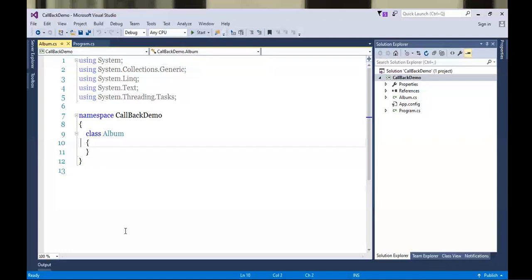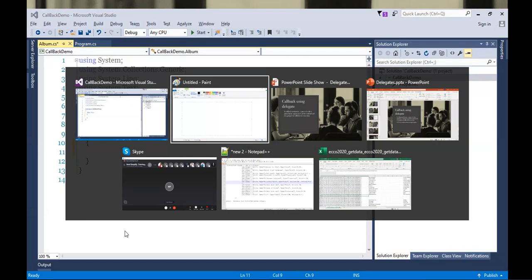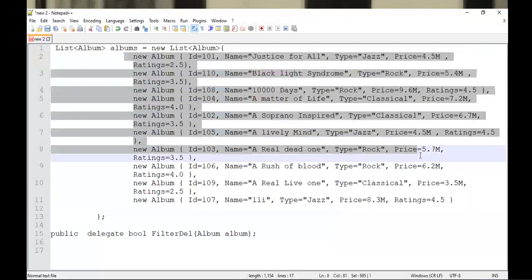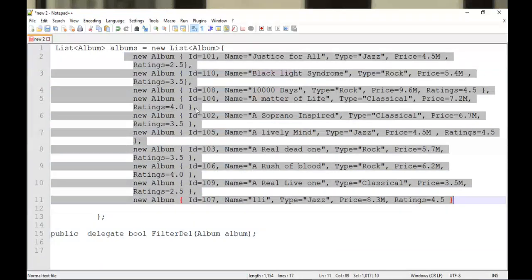Now for album, I already got some records here to avoid the time waste. I simply prepared some records out here. So we'll take those records in a bit. Before that, we need to specify what we require for album.